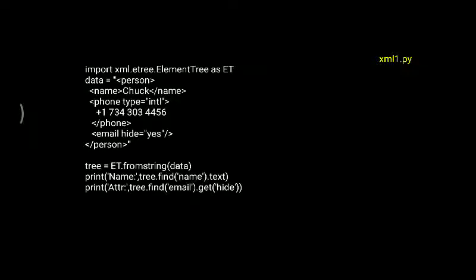So data equal to something like the same example we have written here, person, and we'll be writing the elements, say name and phone number, and we'll be closing that phone number as well as email. For email here we are mentioning hide equal to yes, then we'll be closing that person tag. So from this, now what we have to do is, if we want only the name of a person, we can extract it. If we want only the phone number of a person, we can extract it. If we want any element of XML data, we can extract it in general.